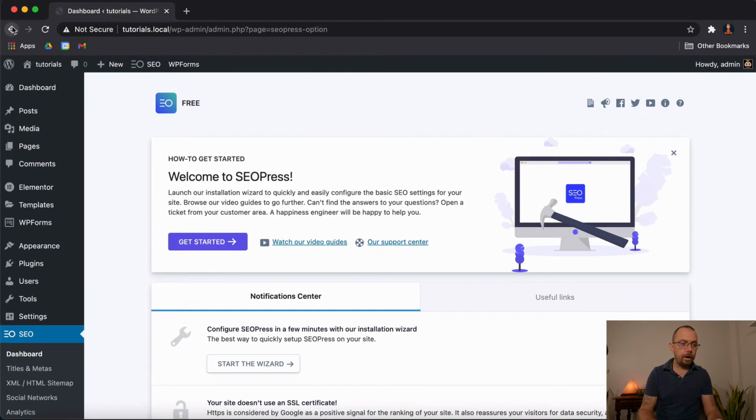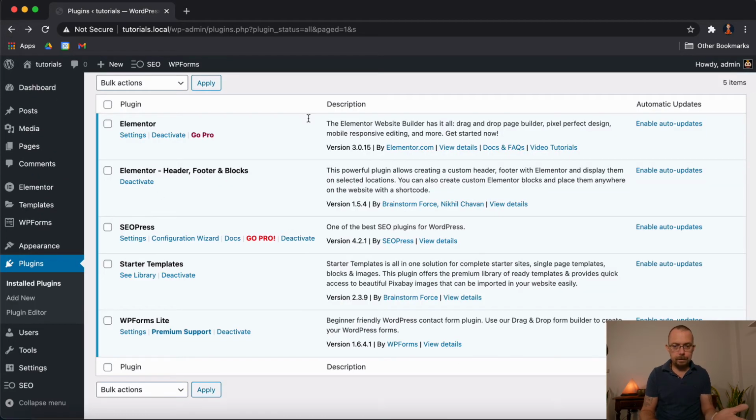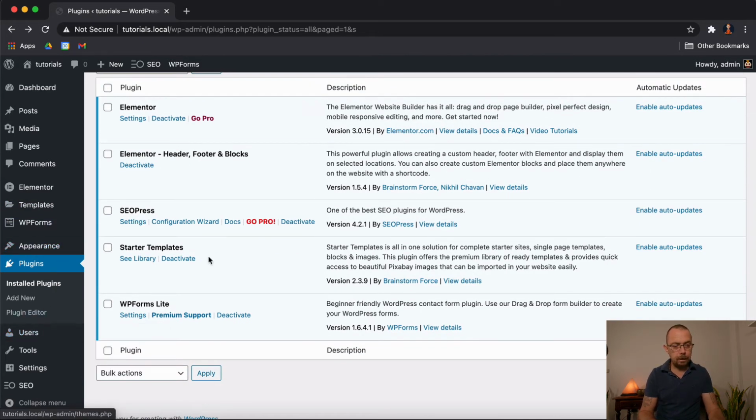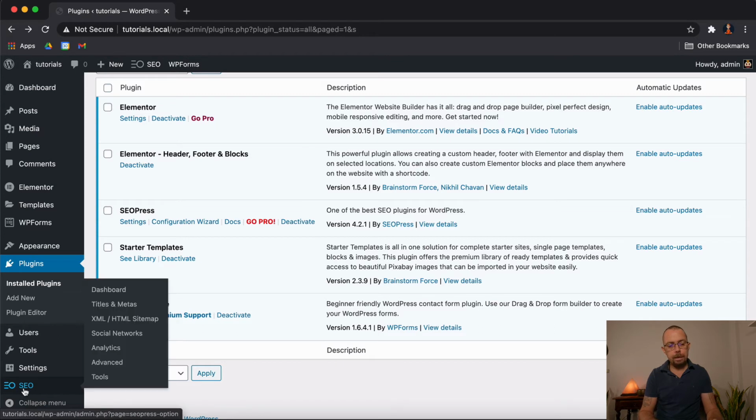If you've installed it and can't necessarily find where it is on the left side here, normally they'll have settings, or they'll have something that you can click on that will take you to the place, and then you'll be able to see it. For the SEO one, you'll notice down the bottom here, it comes up as SEO, and it gives me all these different features.